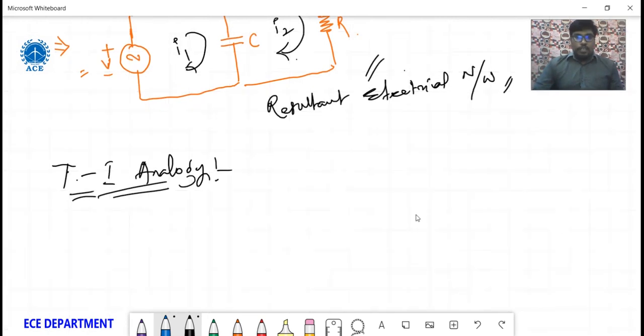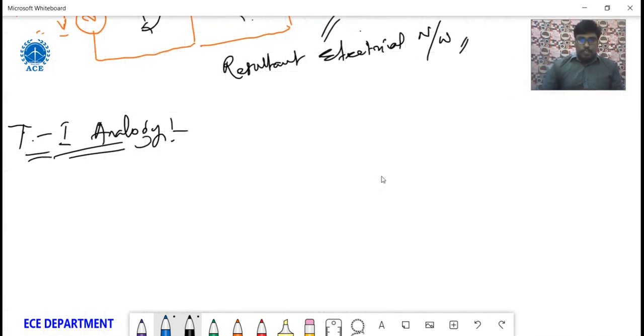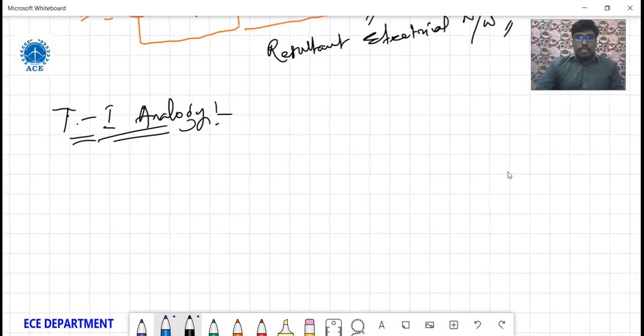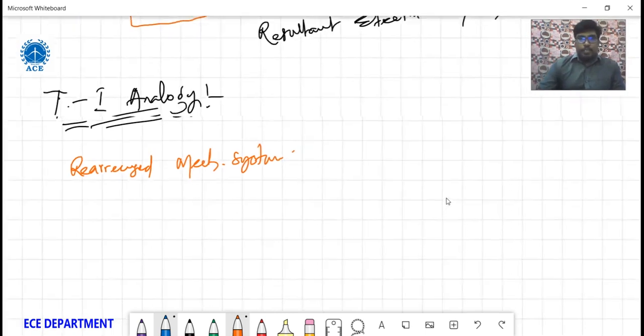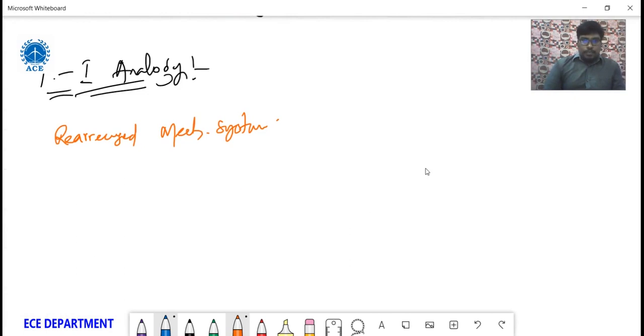For this one we need to draw the rearrangement of the mechanical system, whatever we drew. The rearranged mechanical system or network again. I'm redrawing that one from above. Same network. This is torque and